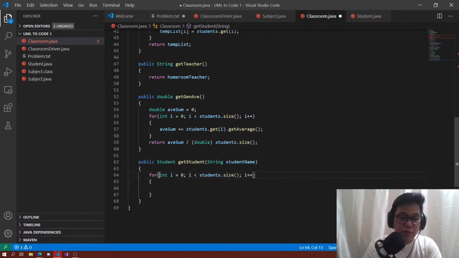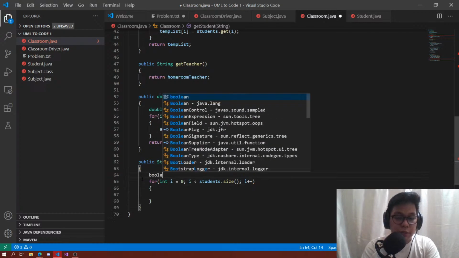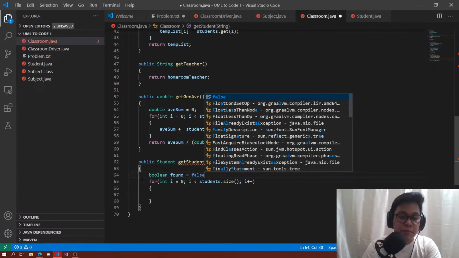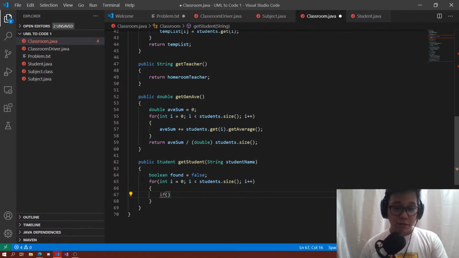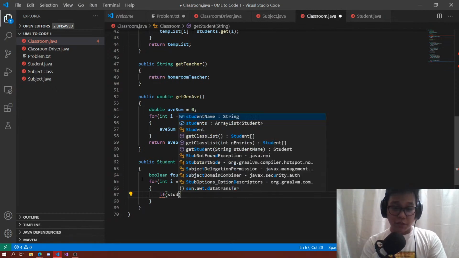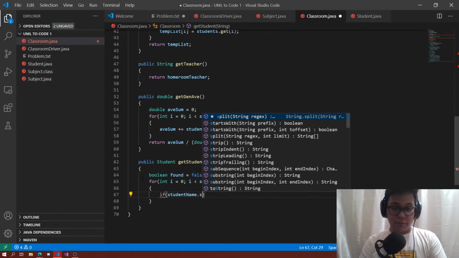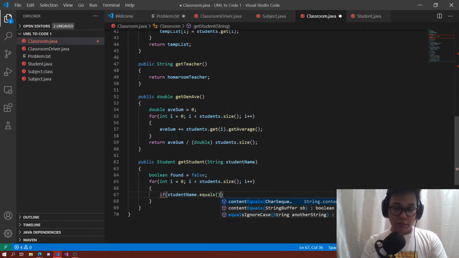And again, we're going to have a boolean here. Boolean found is equal to false. So basically, we're going to iterate and check if student name dot equals